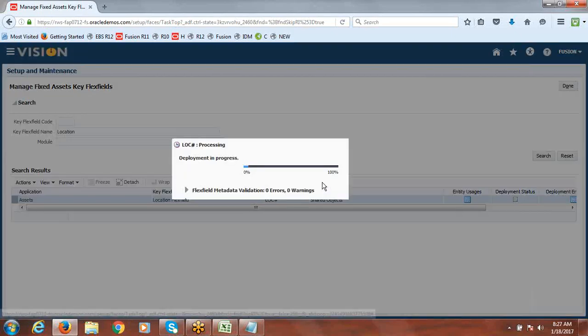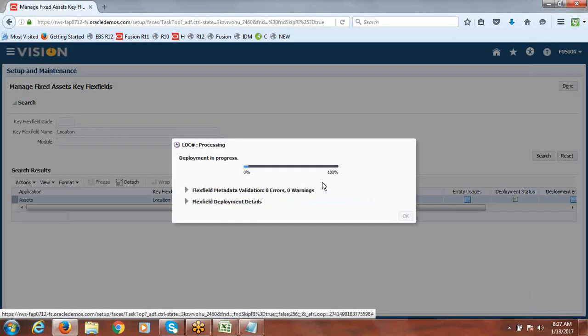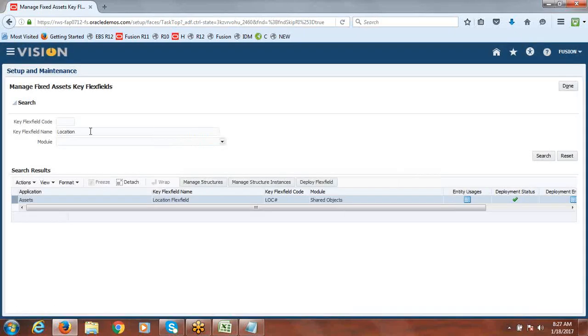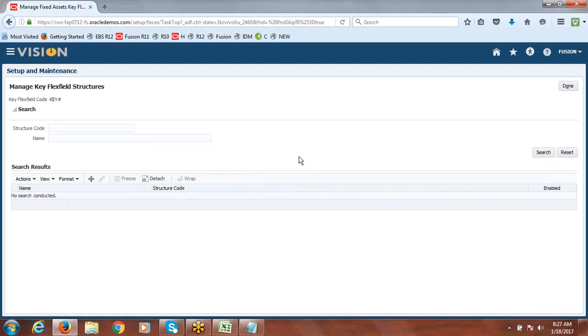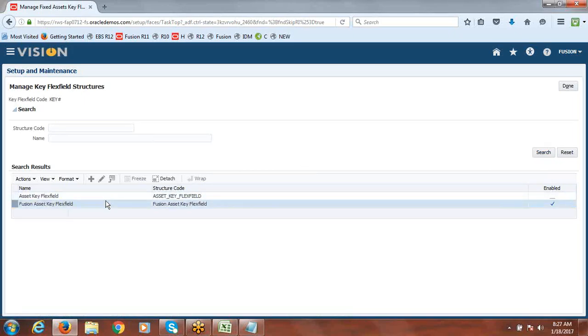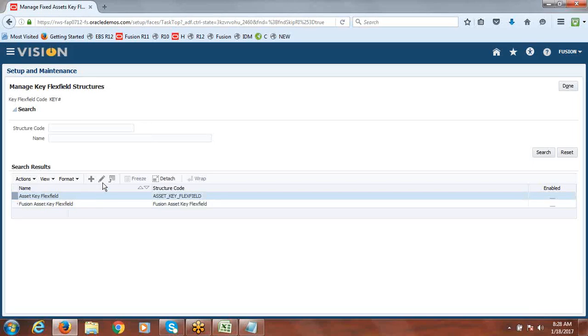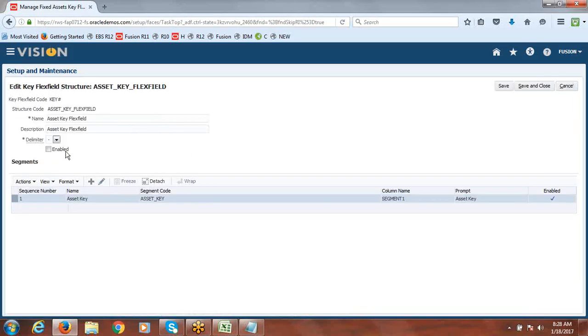This is how to enable. And again, this also we have to deploy. The asset key. Go to manage structures. Enable it.